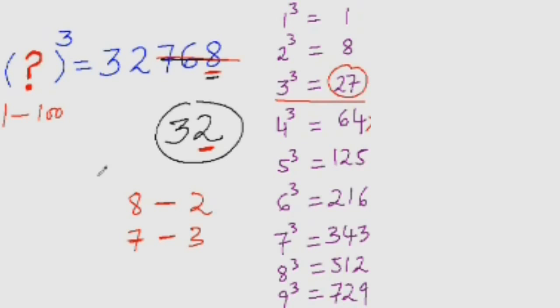So 10 minus 8 is 2. If you have to find the conjugate pair of 2, then you subtract 2 from 10. So again you will get 8. Same logic here, if you have to find the conjugate pair of 7, so 10 minus 7 is 3, and for 3, so 10 minus 3 is 7. Are you getting the point?